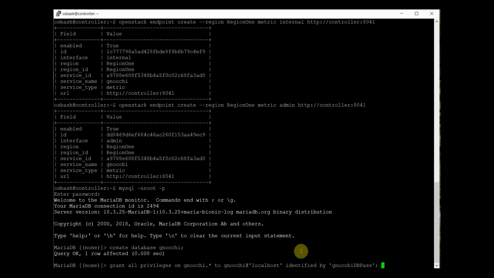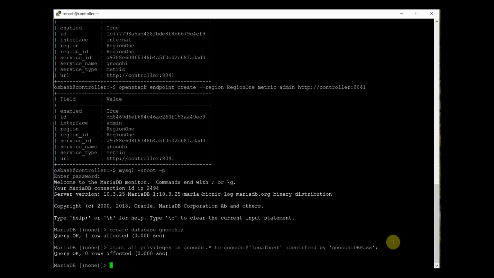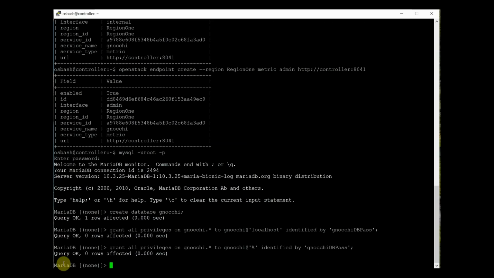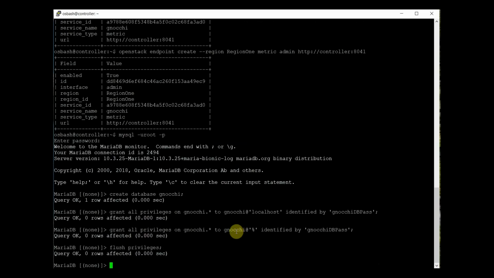So: grant all privileges on gnocchi.* to the gnocchi user identified by gnocchi_db_pass. This is specifically for localhost. If I want this user to connect from anywhere, I use a wildcard. So I created the user for the wildcard, and now I flush privileges and exit. The database part is done.